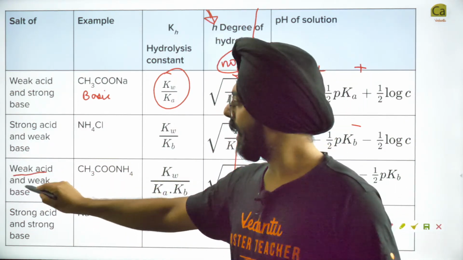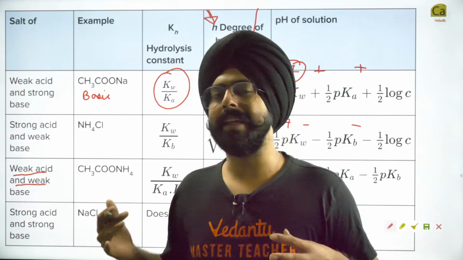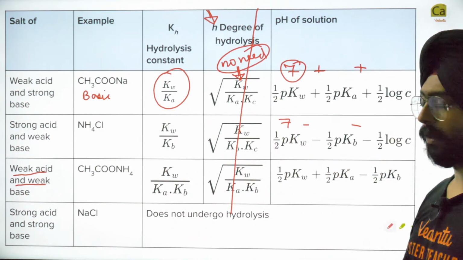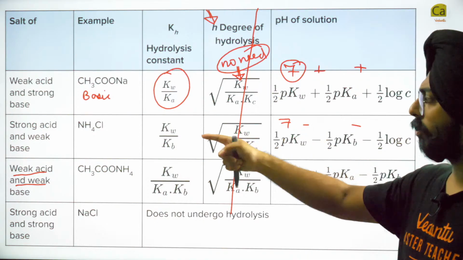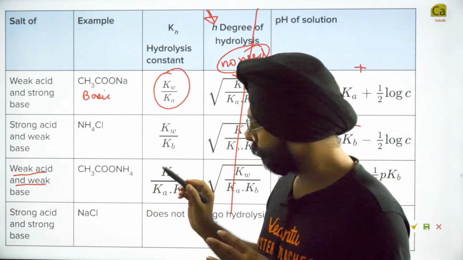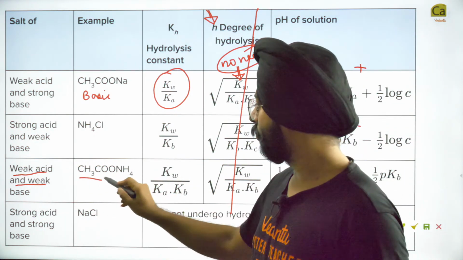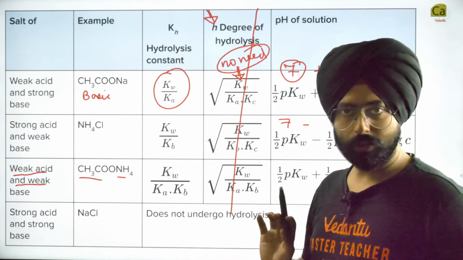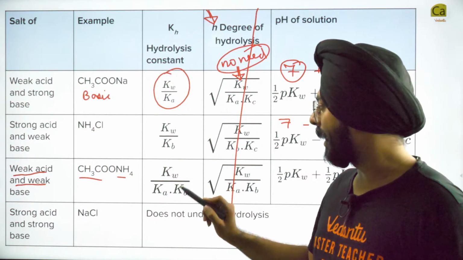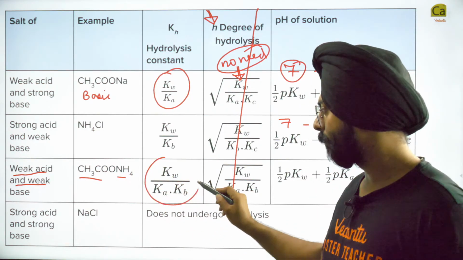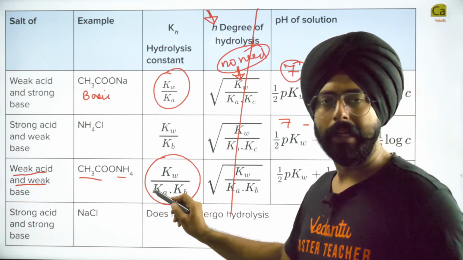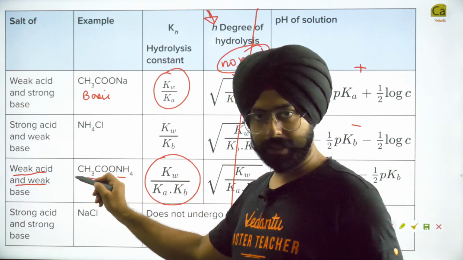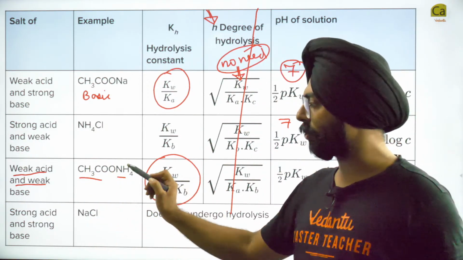And now, my dear friends, the last type which hydrolyzes is the homework that I gave you: weak acid and weak base. It's going to be a very interesting combination of the first two cases. So if you do the analysis properly, when you write both of these reactions together, you would realize that the hydrolysis constant comes out to be Kw by Ka into Kb. Ka is the dissociation constant for the acidic part. Kb is the dissociation constant for the basic part.